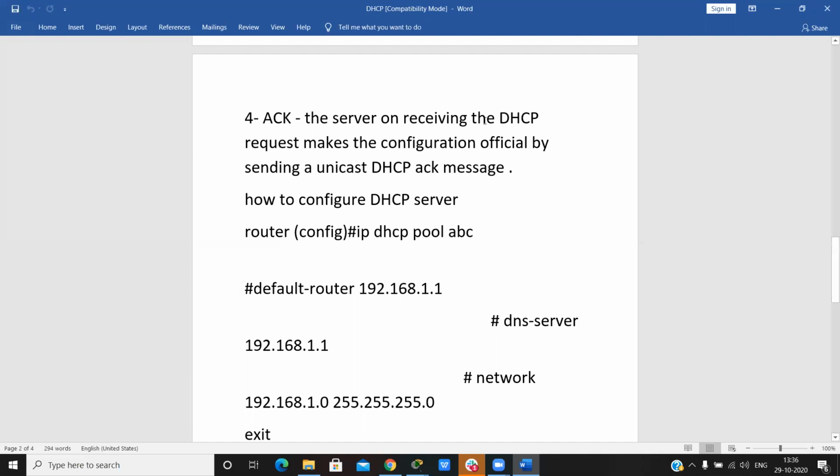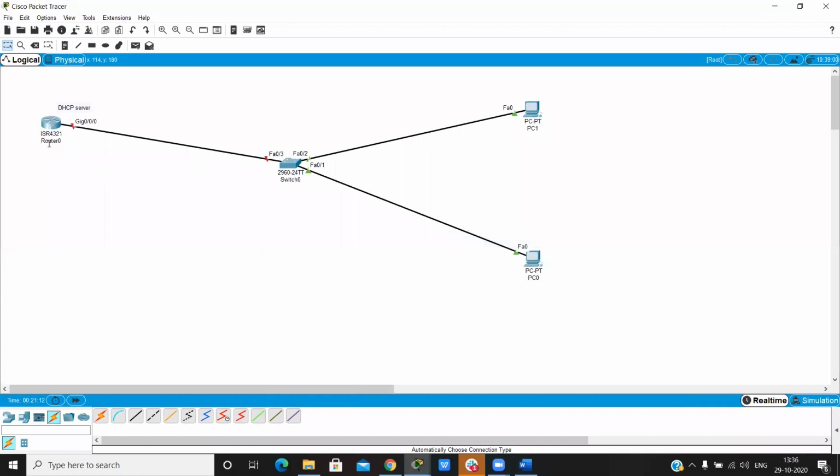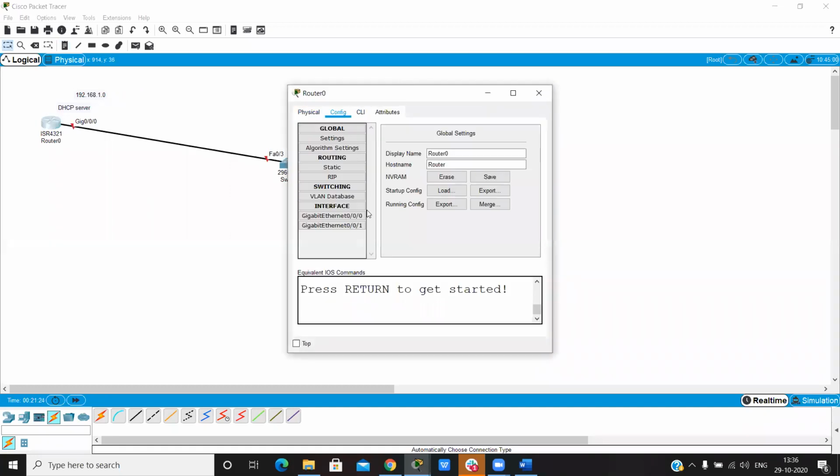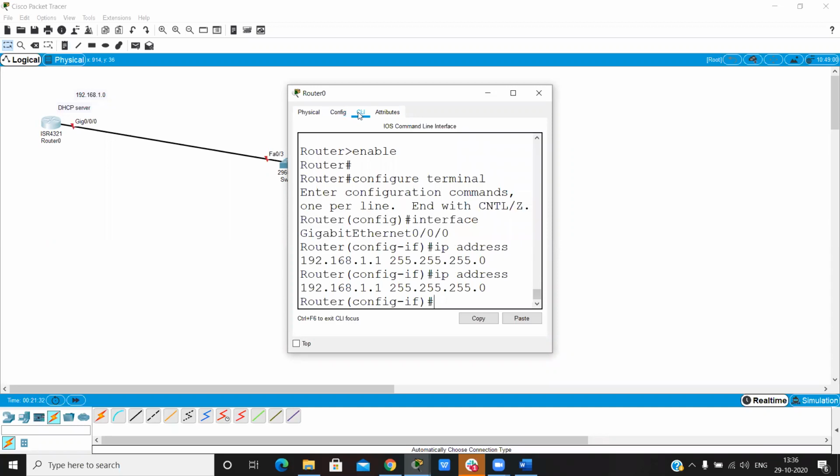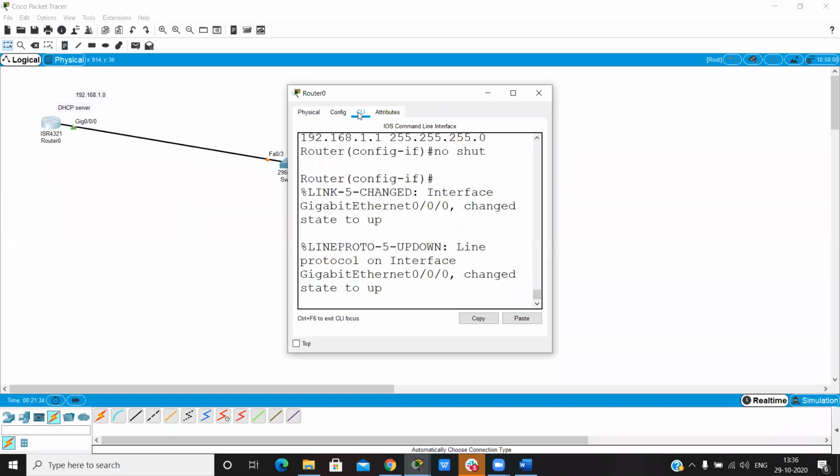So how do we configure the DHCP server? There is one router and the network of 192.168.1.0. Firstly, we configure the IP address on this router, 192.168.1.1, and no shutdown.